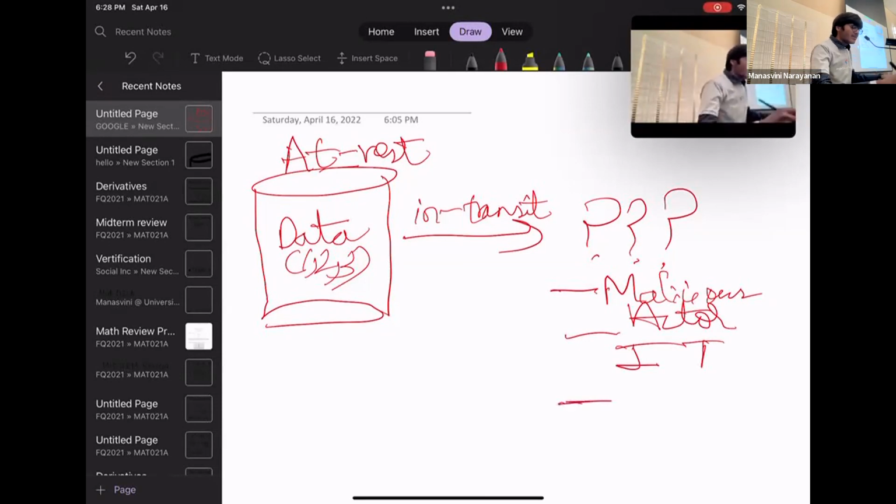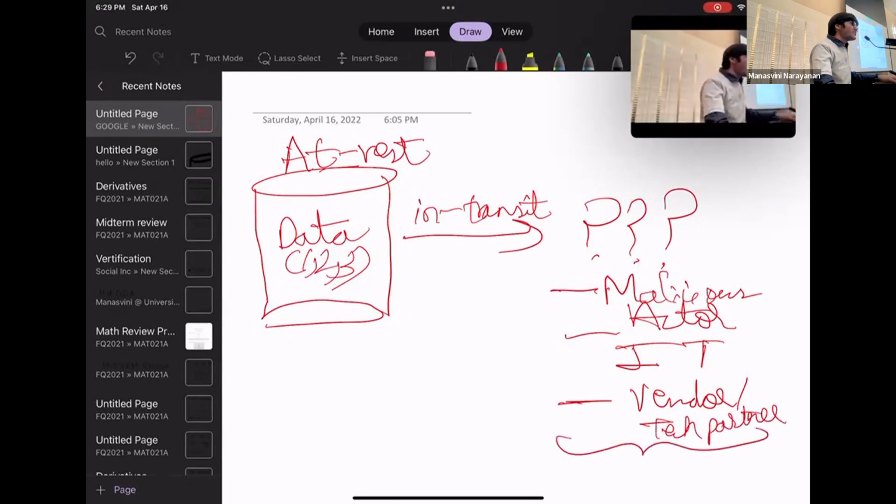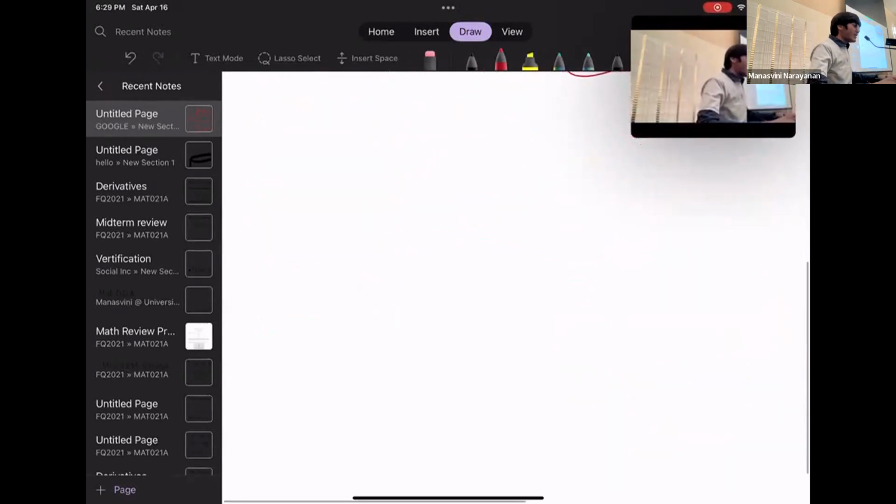And one more important thing is collaboration. You often want to collaborate with some software vendor or a technology partner because we all know the strength of collaboration. And I guess Hack Davis, GDSC, SacHacks, they all represent the same. So I'll just write vendors or tech partners. So we saw that these are the 3 major groups we need to save our data from. Now let's define what confidential computing is and see how it helps us.